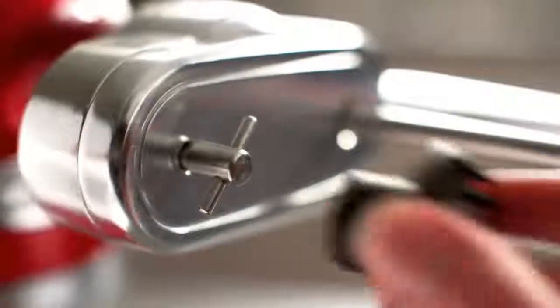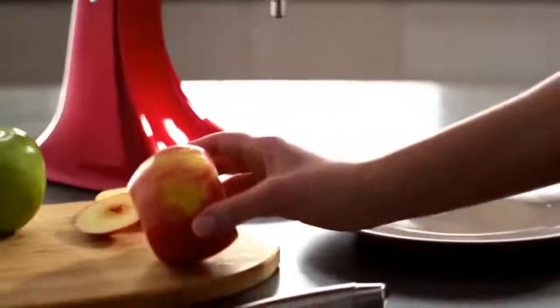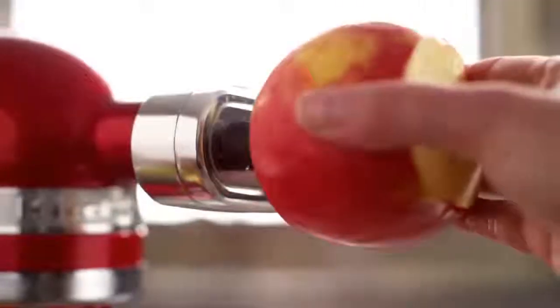Insert the attachment into the hub of your KitchenAid stand mixer. Secure and place the fruit and vegetable skewer onto the mount. Turn it counterclockwise and click into place. Place a bowl or plate under the spiralizer attachment and secure the food to the fruit and vegetable skewer, pressing